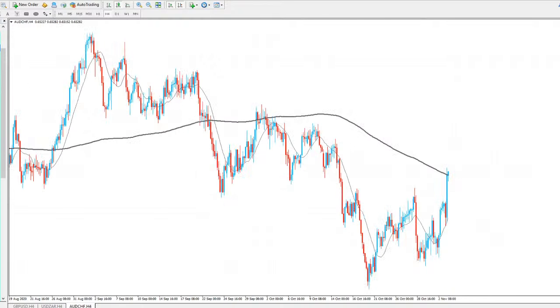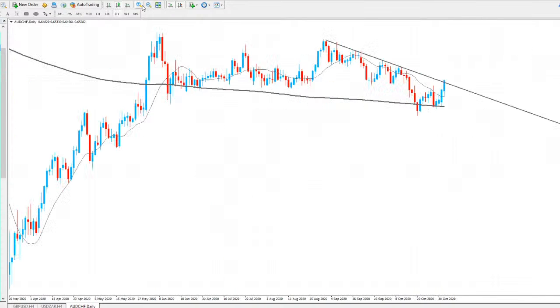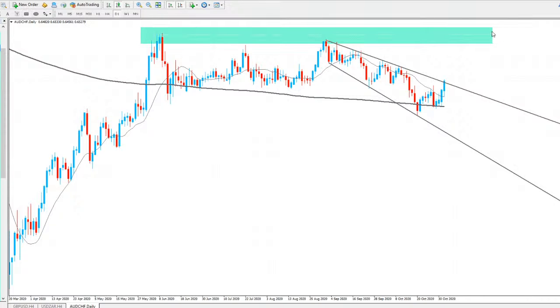ADCHF, again, I think we've got a trend line going through the market for this one as well. So as you can see here, initial test there, second there, bit of a false breakout there, and it looks like we could be seeing price breaking out of this trend line as well for ADCHF, and that could be a case of price going much higher for this chart. Again, in my analysis for the daily chart, we're probably seeing a move to the upside for this pair, and probably expecting a move to go and test the highs previously made up here.